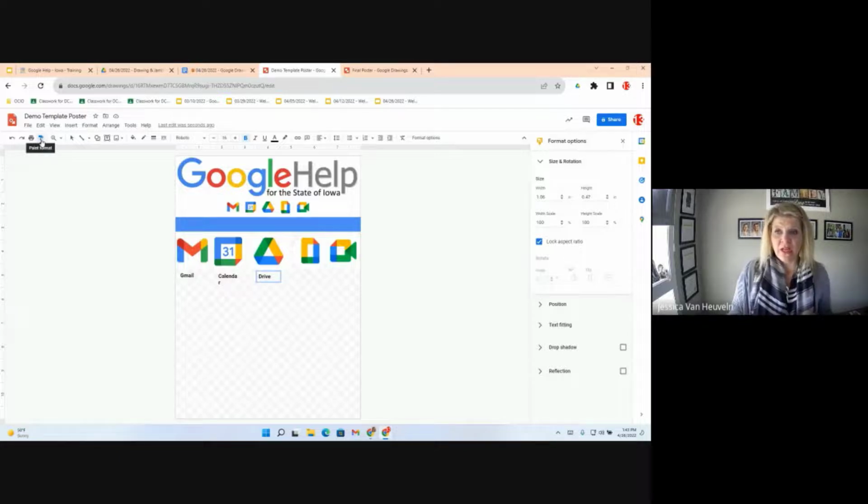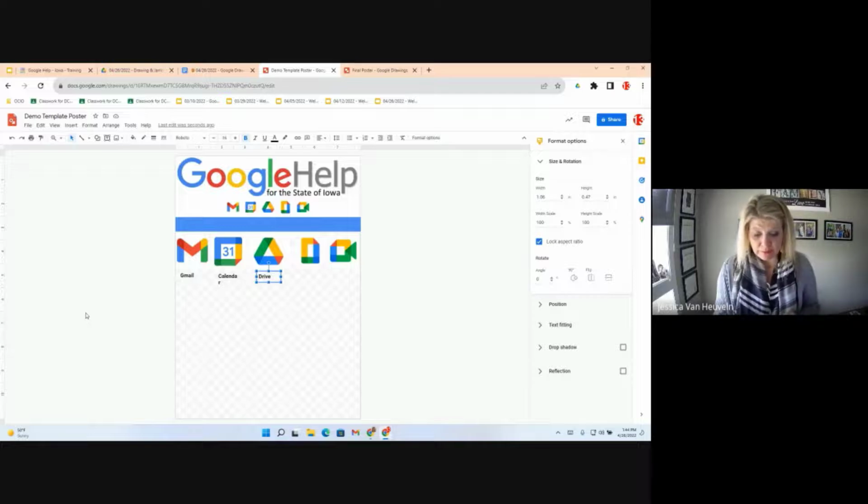So I'm going to uncheck the paint roller because I no longer want to use the paint roller concept anymore. What I'm going to show you next is really cool, which is to duplicate as well. So what does duplicate mean? It actually means I'm going to repeat or copy the exact same task that I just did,